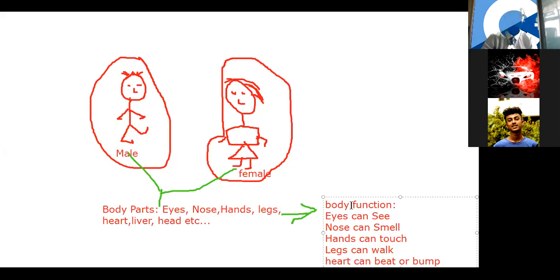Okay? Which means that every human being is a class. But a class is divided into something known as subclasses. So these subclasses have properties. The properties which we have, we may call them body parts. And every body part, every property, has a function to be used for. So as you can see in this example,